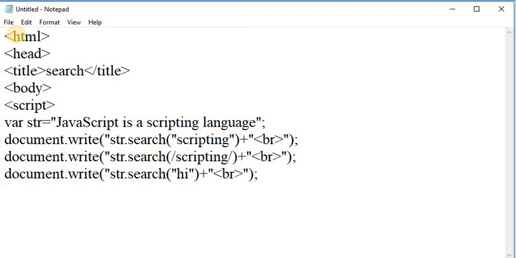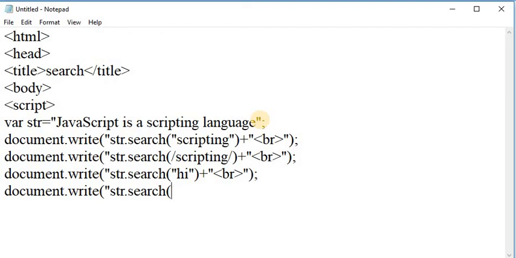After that, suppose I am passing one modifier, that is the case insensitive modifier. document.write, and here str.search.